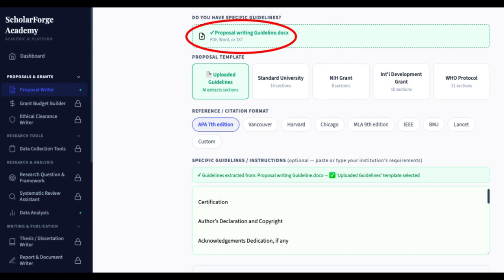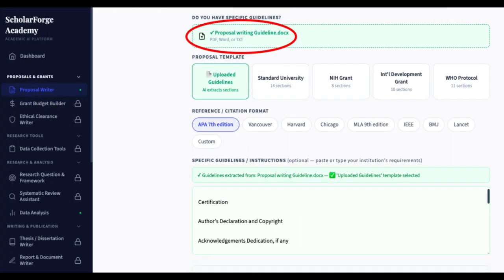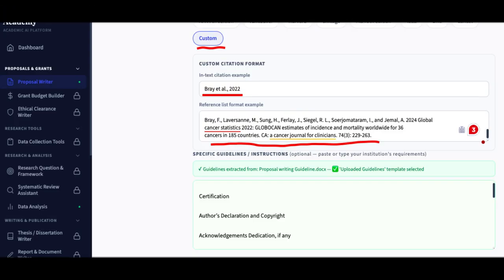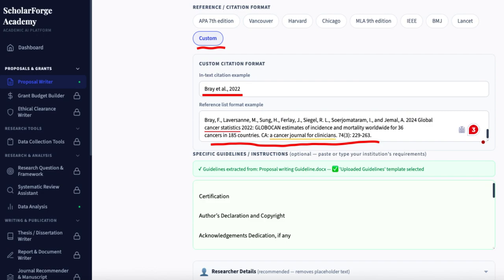Next, choose your proposal template. Standard University gives you 14 sections covering everything from cover page to references. NIH, WHO, and International Development templates are also available. Then select your citation format: APA 7th edition, Vancouver, Harvard, Chicago, or custom. The custom option is especially useful. Paste one example of your in-text citation and one example from your reference list, and the AI will follow that